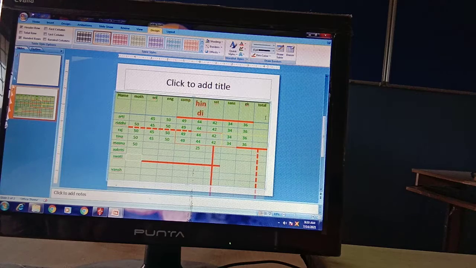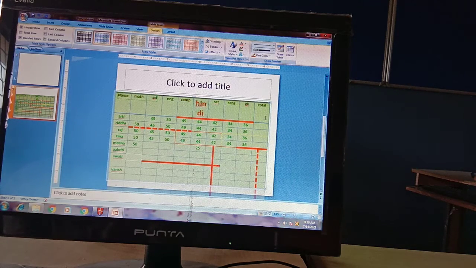I will give you a topic of a PowerPoint presentation where you need to do all these things, like inserting a chart and inserting your table.